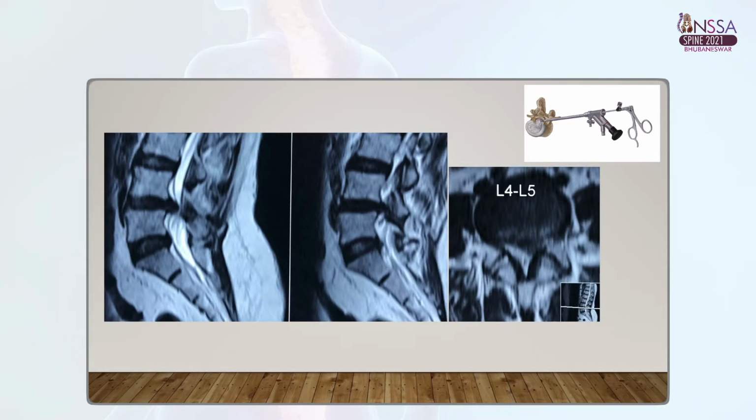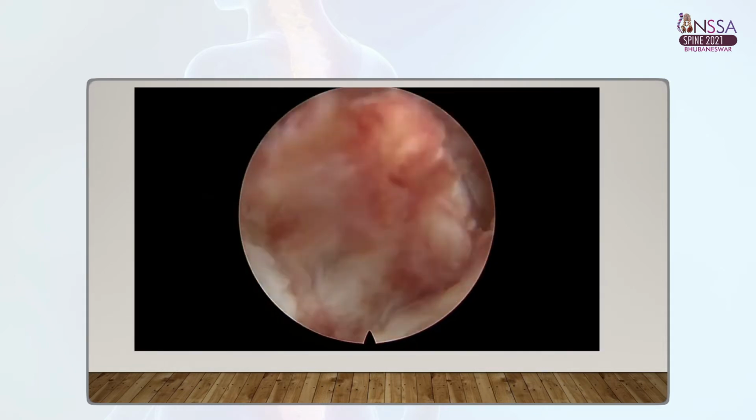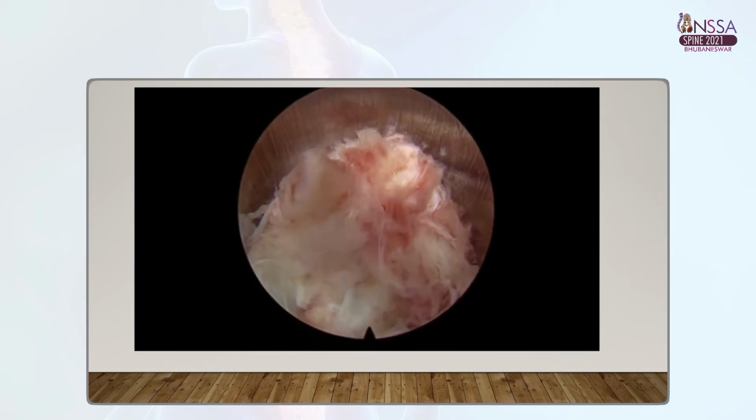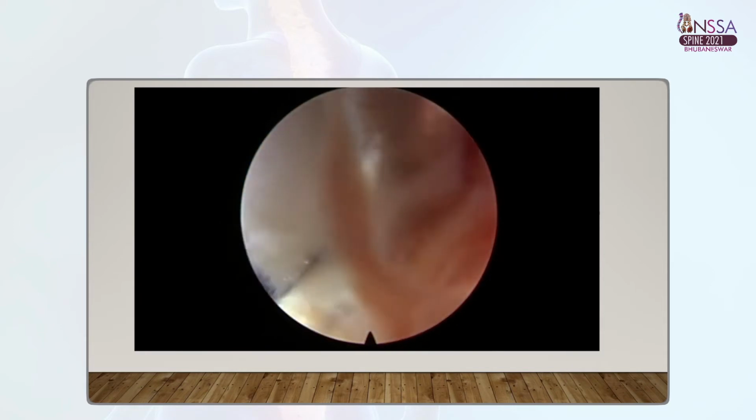So you see a case here, an L4, L5 extruded disc on the left side, left radiculopathy, the lateral recess stenosis, and the ligament hypertrophy there. So needle is placed in the midline, and you can see the lateral view, in the posterior one third. Once the endoscope is placed, you can see here this highly inflamed disc material, which was causing symptoms. So loose fragments are removed.